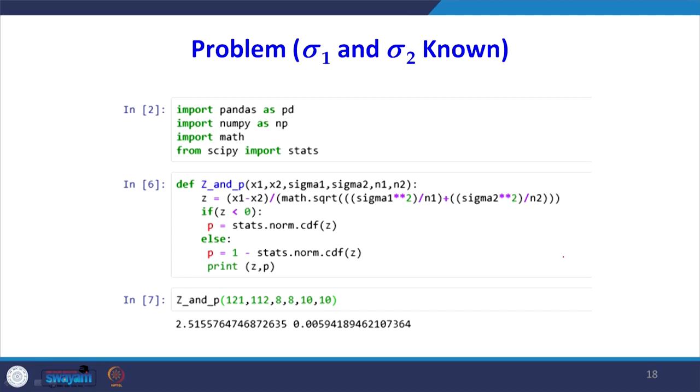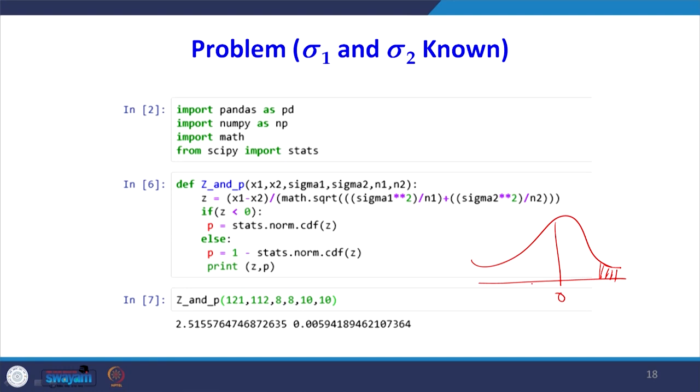If the value of z is less than 0, then the p value is nothing but the actual value; we can read it as it is. If the z value is coming on the left hand side, the p value you can read as it is. But if the z value is positive, we need the right side area. So, 1 minus the left side area will give you the right side area. Okay.